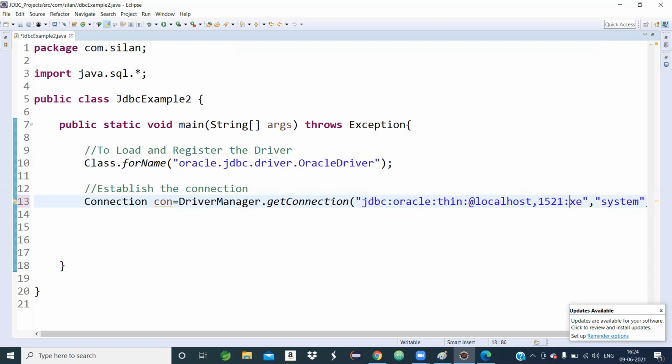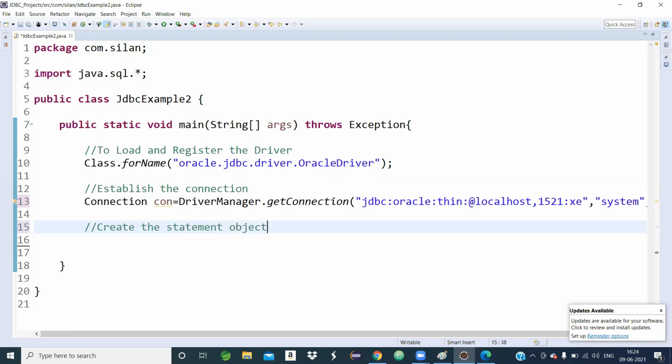The getConnection method takes 3 arguments: one is the URL, one is the username, and another is the password value. Then step number 3, create the statement object.